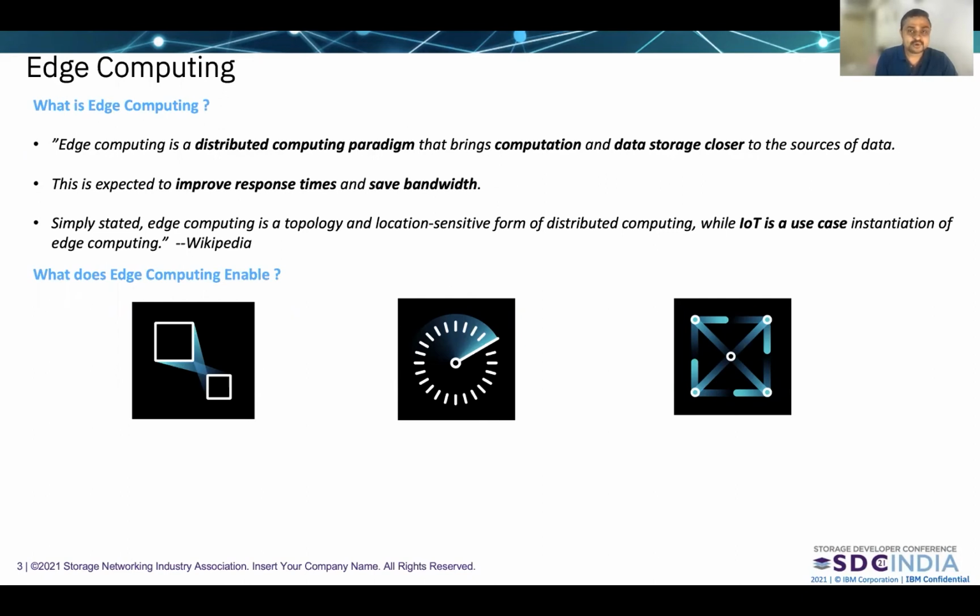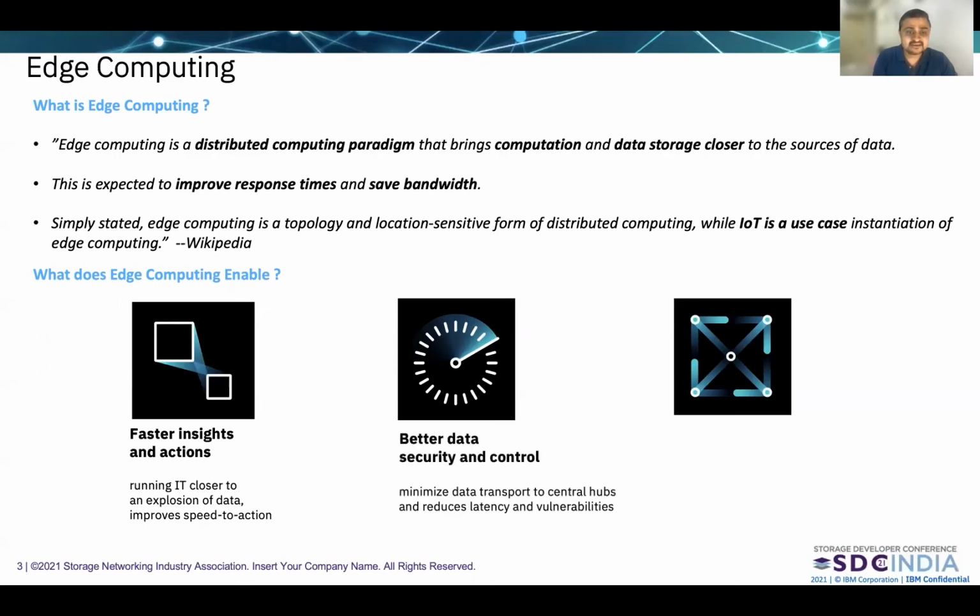Now that we understand what is edge computing, let's get into what does edge computing really enable. So edge computing enables faster insights and action. Now, how does it do that? By running IT closer to the explosion of data, and it improves the speed of action.